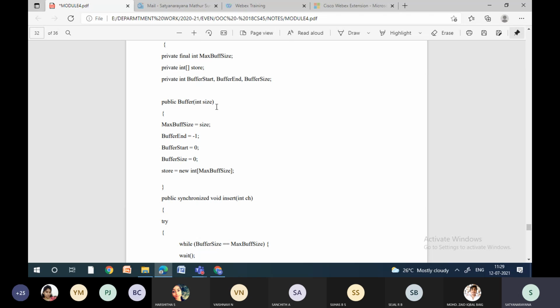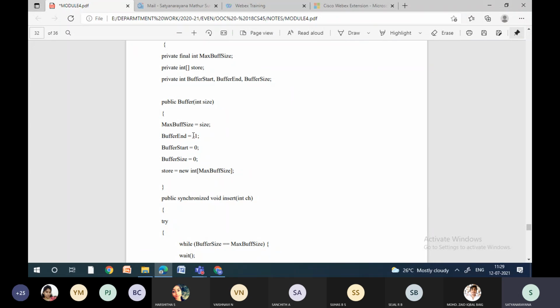The maximum buffer size is allocated to the variable size. Buffer end is indicated with -1, buffer start is 0 and the initial buffer size is 0. Under store, the array, we create a new array with the maximum buffer size. So this is the method where we are just declaring all the variables.